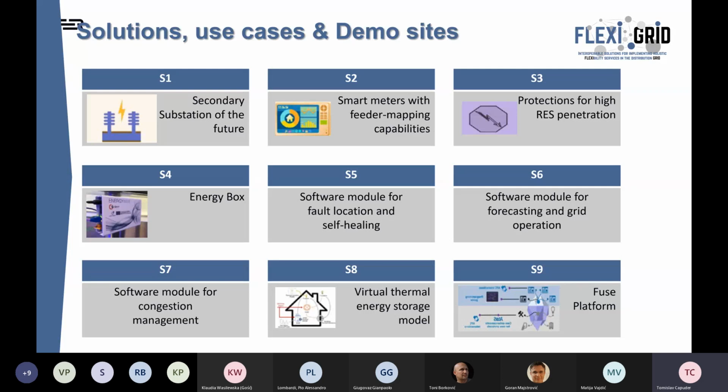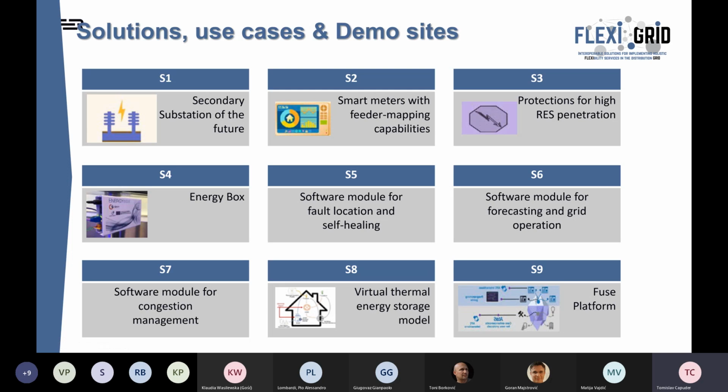And the second one, maybe the more popular one or the more media present one, is the development of the self-healing networks. The energy box, this one will be placed on different locations where we have the end users participating in our tools. And then, as I described, we have software models connected to this solution 3. So the 5th one is fault location and self-healing. The 6th one is